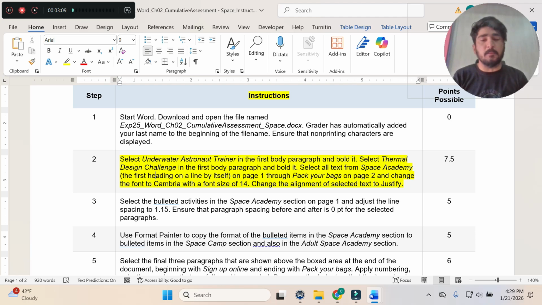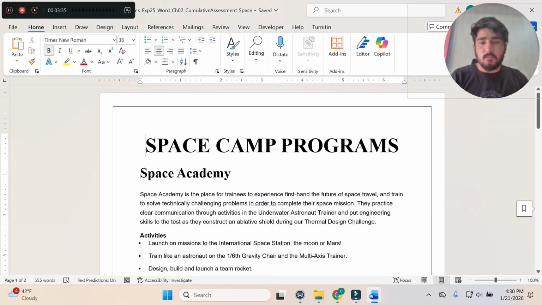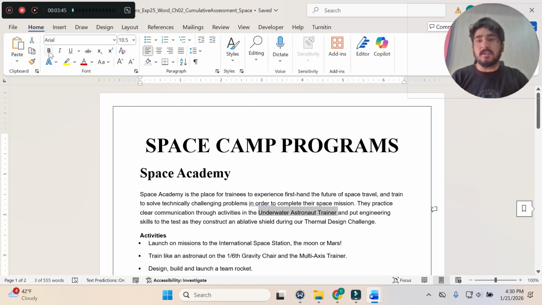So basically in step number 2, first we will select the text given here, underwater astronaut trainer. It's located in the first body paragraph, and after selecting it we will bold it. We will check here in the first body paragraph. Yes, here is underwater astronaut trainer. So first we will select this, go to the Home tab, and bold this. Okay,